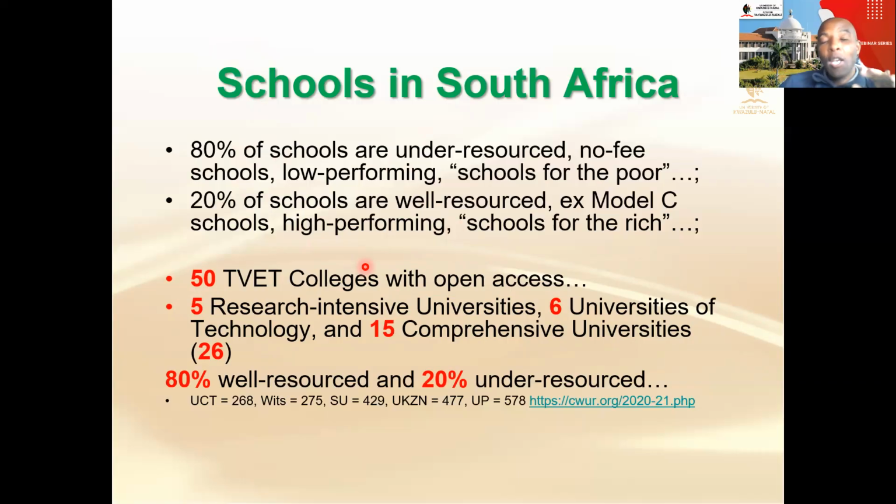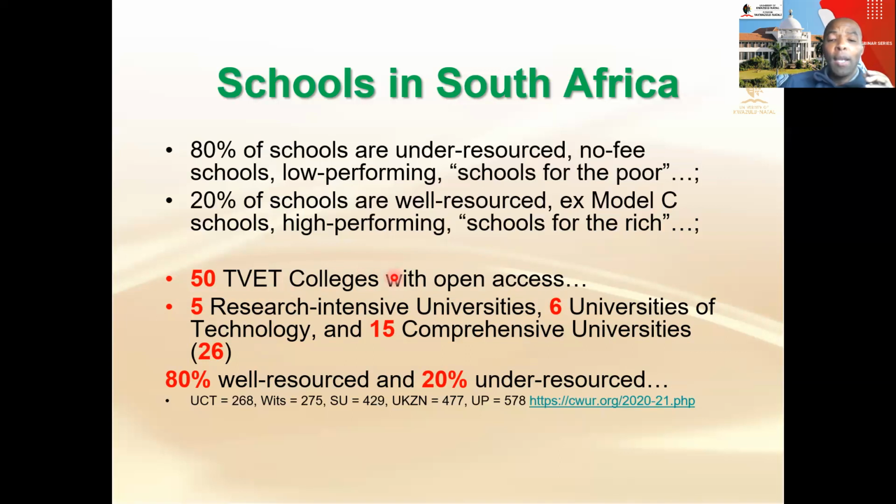You go to TVET college, you learn how to fix things, and then you go to University of Technology, you learn how to assemble whatever is given to you by the university graduate, the engineers from university. But you go to university, you learn how to design. So that is the given. That's why you have three categories, and you need to decide where you want to be in terms of this higher education, which is divided into three categories.